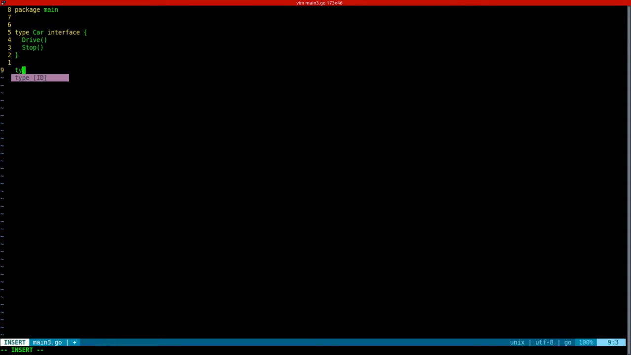And then I have two types. I have a type Lambo struct, in which I can say Lambo model, which is a string type, and then I want to have a Chevy, because why not? And then I'm going to say Chevy model string. So now in my func main,